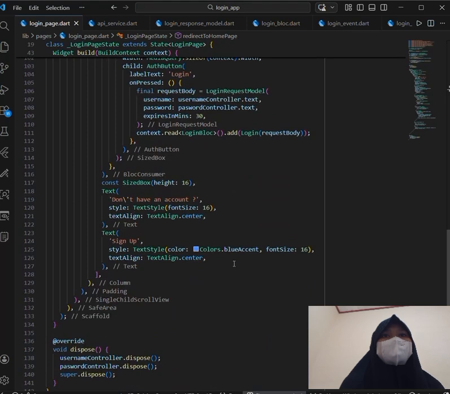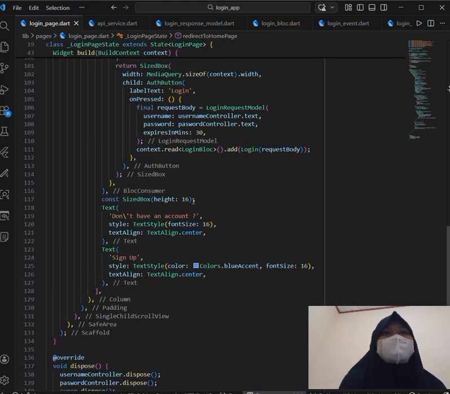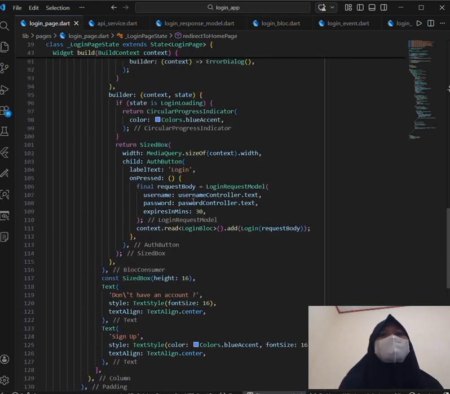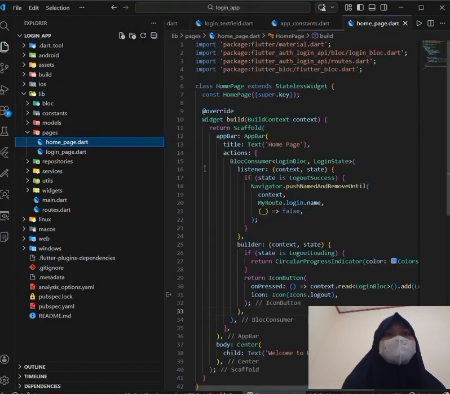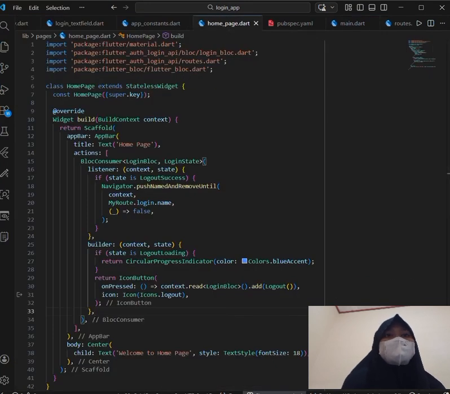For this project, we will use the HTTP request, BLoC for state management, fpdart for error handling using Either, and shared preferences for storing the login token, and a dummy API from JSON. After creating the UI, you can move to the BLoC implementation. First, create a folder with the new bloc and name it login.